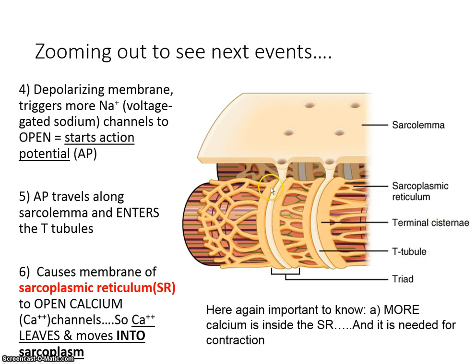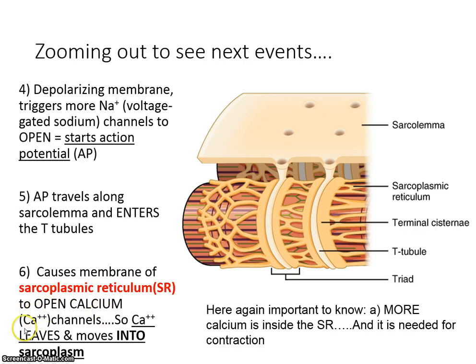It's not really a big deal, but what is important to know is that here is a place within the cell, so we're inside the cell, in which this electrical change is carried into the cell, and it can have an effect on structures within the cell, not just at the membrane anymore. So when this depolarization, which is due to sodium channels opening and sodium coming into the cell, happens, this will lead to the membrane of the sarcoplasmic reticulum changing its electrical potential,